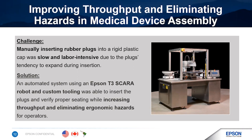And we designed a cleanroom ready machine that combined custom tooling with an Epson T3 SCARA robot to solve the problem. The robot positioned the plugs over the opening, and then a cage reached up through the hole and surrounded the plug and pulled the plug down through the hole without it having to be pressed. The robot follows the motion and fully seats the cap